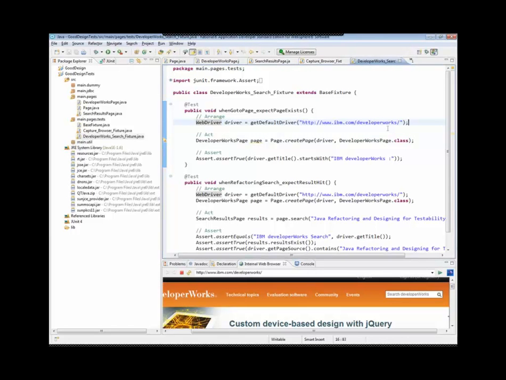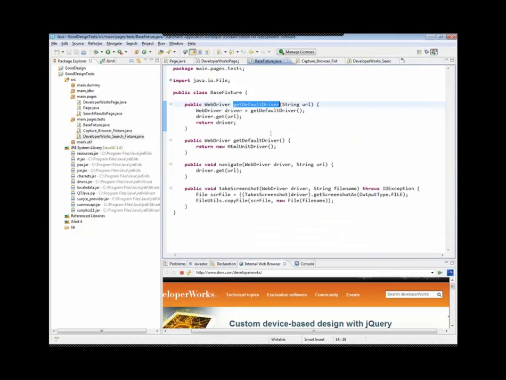But very similar right here, where we get our driver, and a web driver is the programmatic representation of your web browser. If we look here, we can see I'm actually using a driver called HTMLUnit, which doesn't actually connect to an instance of any particular web browser.